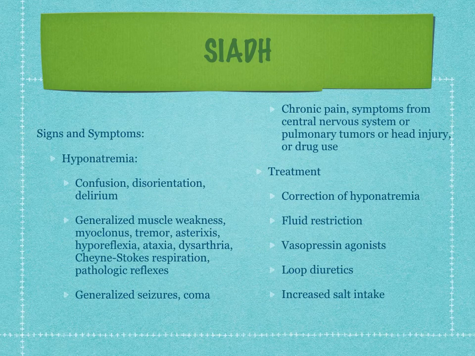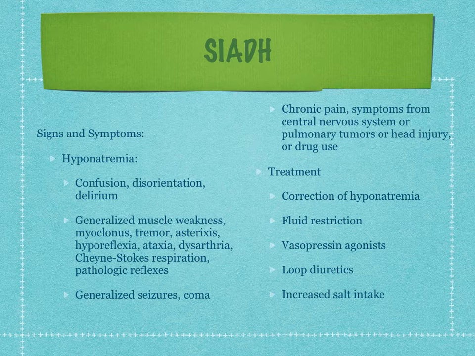The sign and symptom of SIADH is hyponatremia. With hyponatremia, we get confusion, disorientation, and delirium. There may be generalized muscle weakness, myoclonus, tremor, asterixis, hyporeflexia, ataxia, and